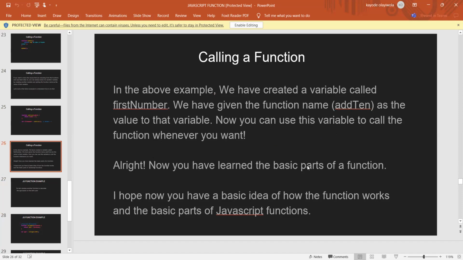So I hope you have learned the basic parts of a function. So that is how to have a basic idea of how functions work in JavaScript. So I will give us an example of function